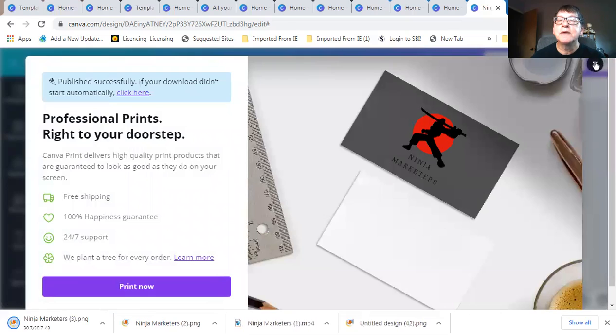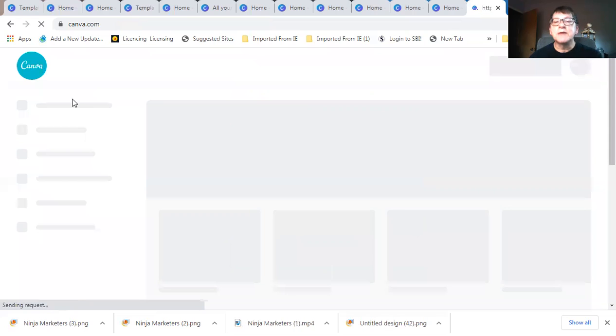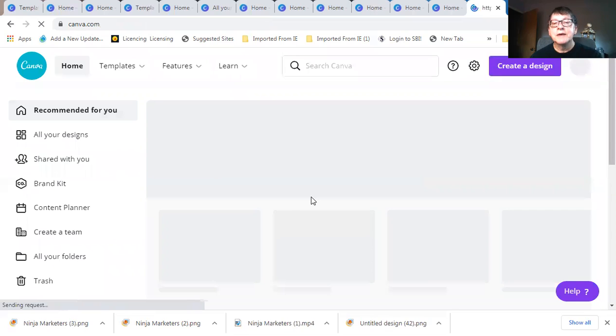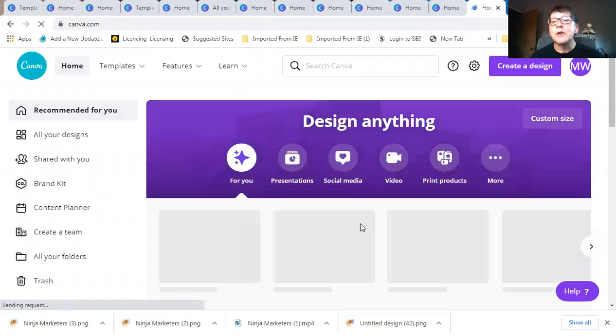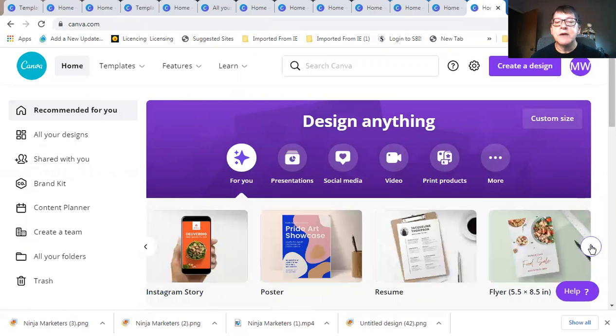Okay, so now I've got it in the original logo size and I've got it downloaded in business card size, and I might do something with it, I don't know. Okay, so let me show you some other things you can do. But see how quickly we created a logo and a business card. Okay, so let us look at